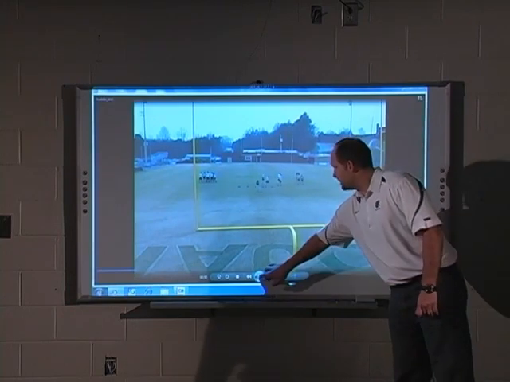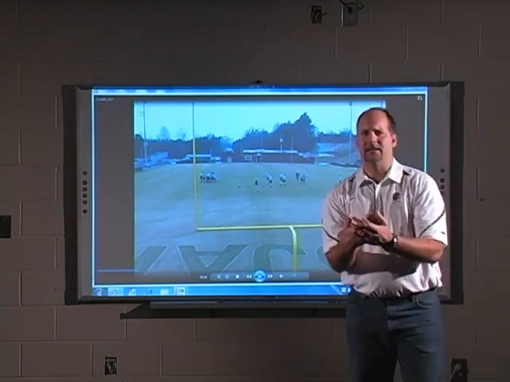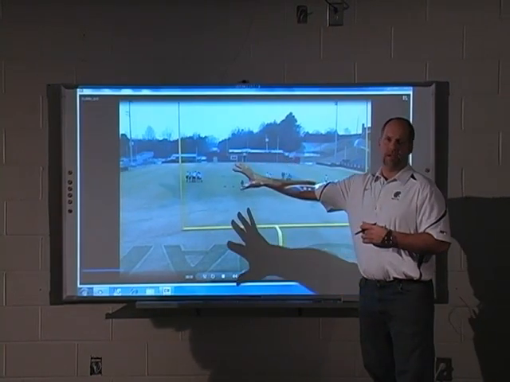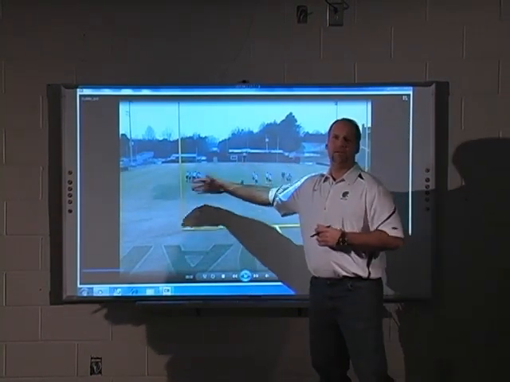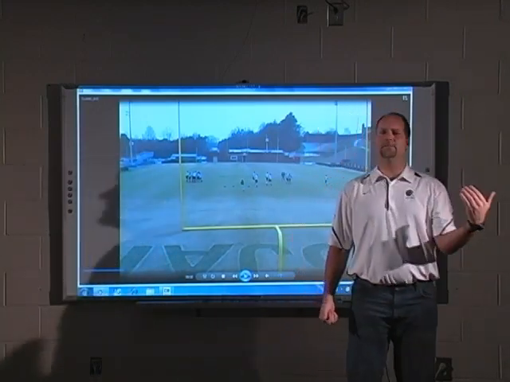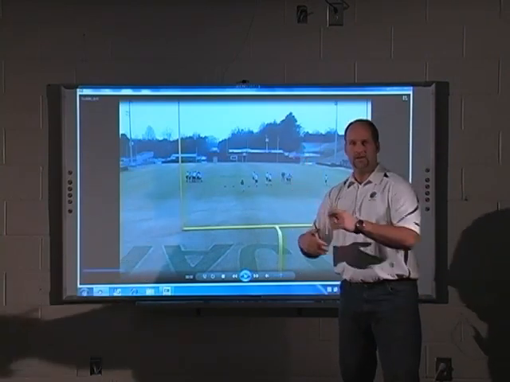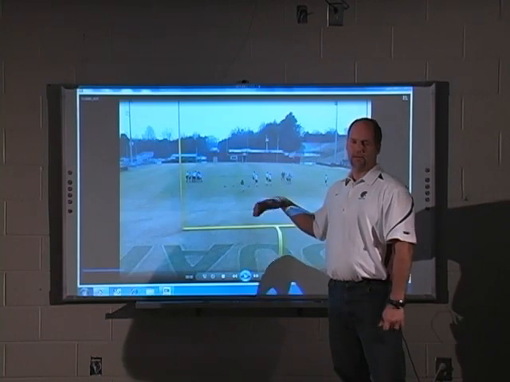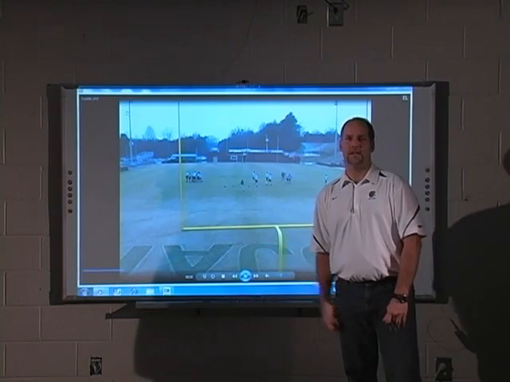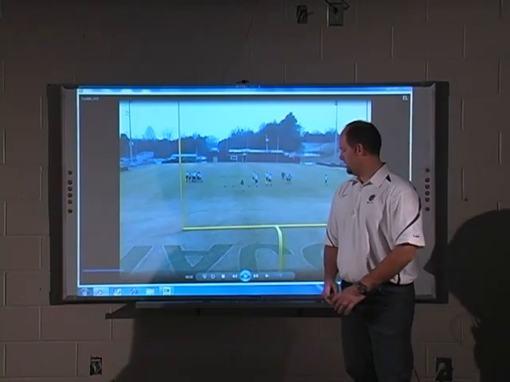Okay, I'm going to pause that right there. What we like to do is when I set up my script, I like to take Huddle A and make them do everything to the right-hand side. I'll take Huddle B, and they'll be doing the same exact formation, the same exact trade or motion, but they're going to be doing it to the left side. When we get to the bottom of the script, now we switch. So we'll both be doing opposites. Huddle A that may have been doing the right side is now doing left, and Huddle B that may have been doing the left side is doing right. With that being said, I'd like to bring Coach Christmas back here and close out the session.